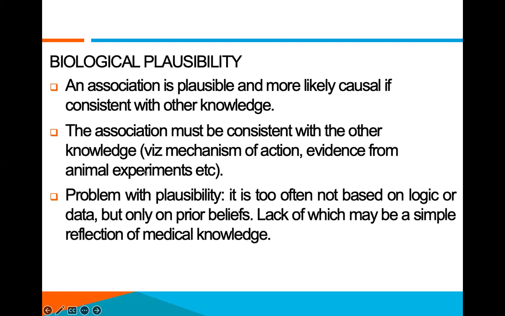Let's look at biological plausibility. What is biological plausibility? As biologists, when we talk about biological plausibility, we can explain that it is an event that is more likely if it's consistent with other knowledge. And so that situation must be consistent with other knowledge. Example: mechanism of action, evidence from animal experiments, et cetera. Do we have problems with plausibility? Yes. Sometimes when we are too skewed to biological plausibility,